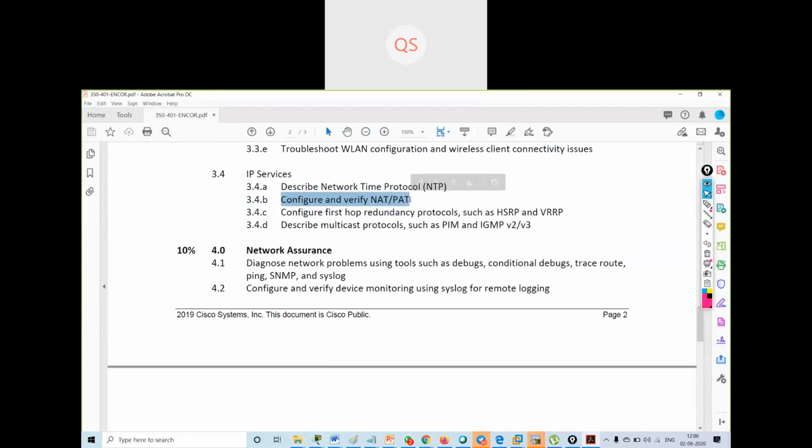NAT is network address translation, PAT is port address translation. So I have to configure NAT and PAT.